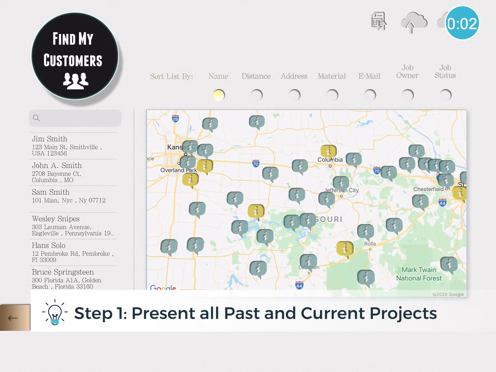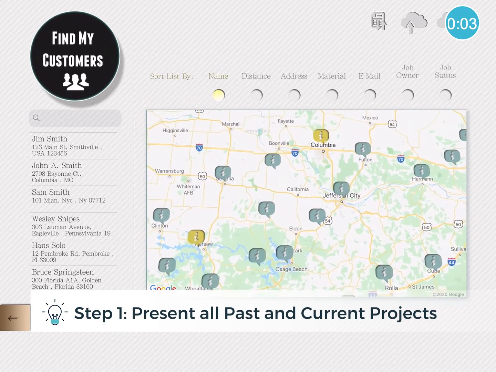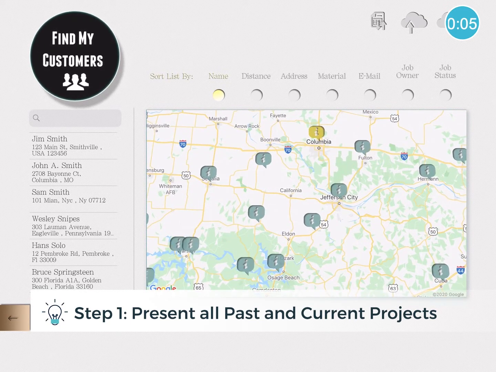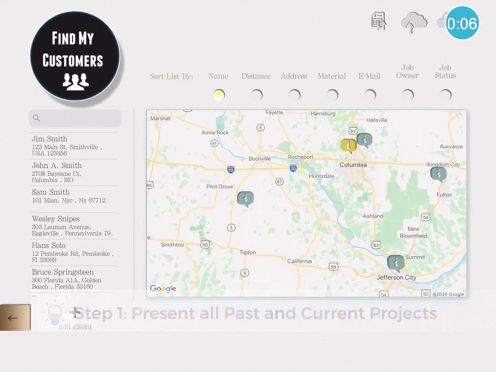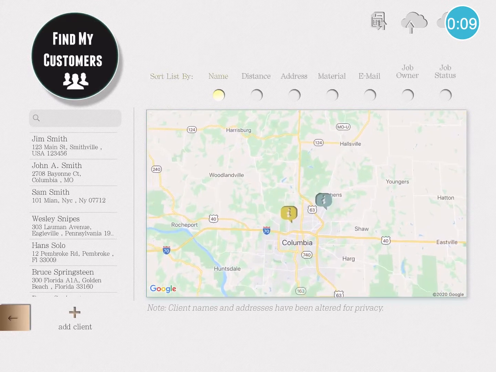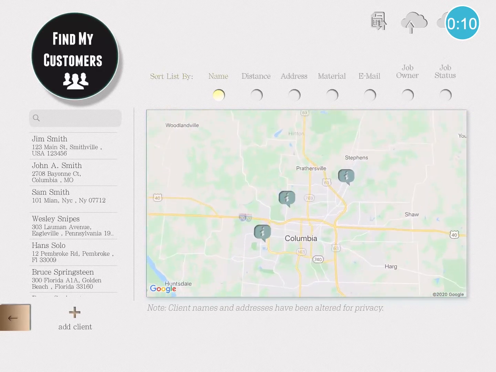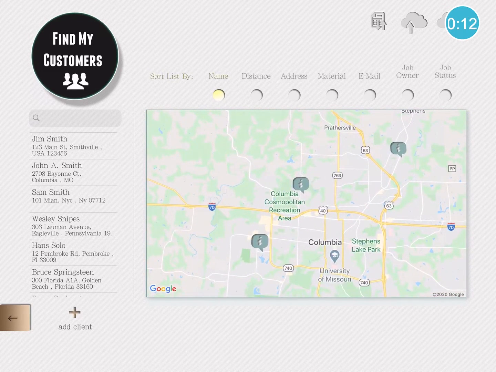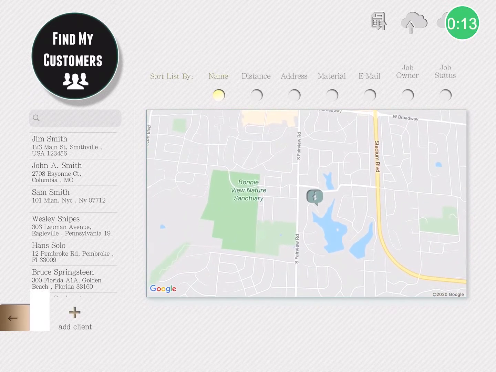fact that you can present your past and current projects based on location. That's a very powerful tool when someone asks you if you've done any jobs in their area, and you can not only tell them, but you can show them on a digital map that can zoom into their area and they can see what you've done. Each one of these pins is actually a roofing project that you can select and go into it to see